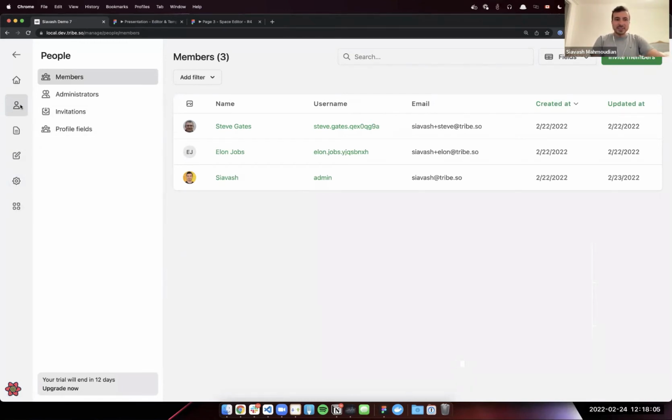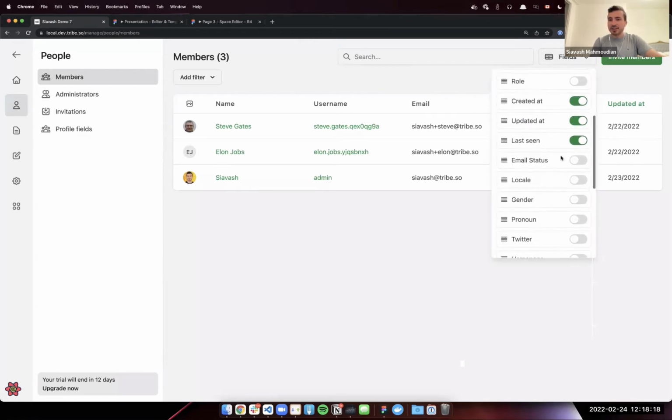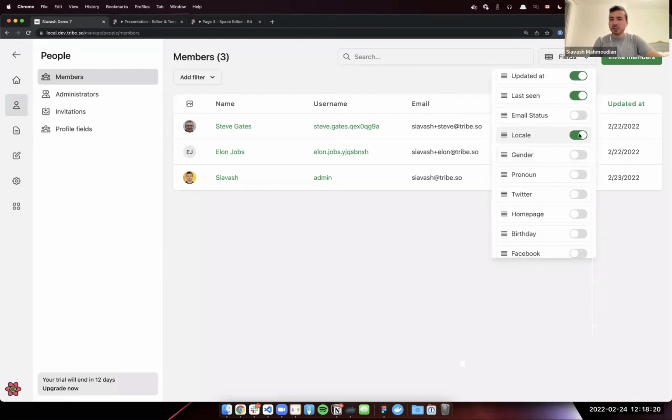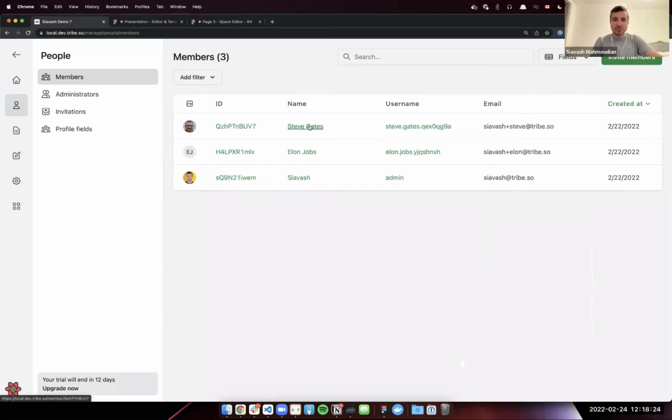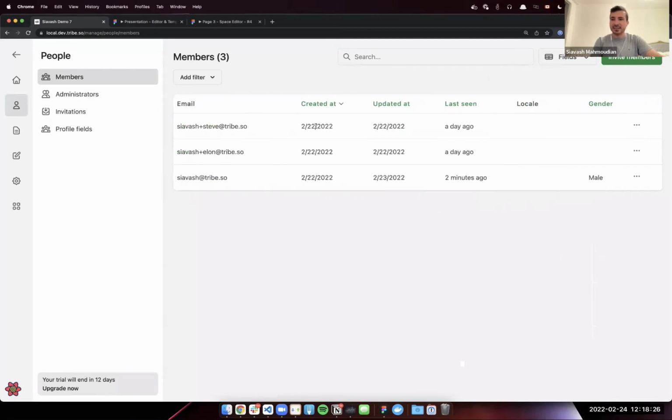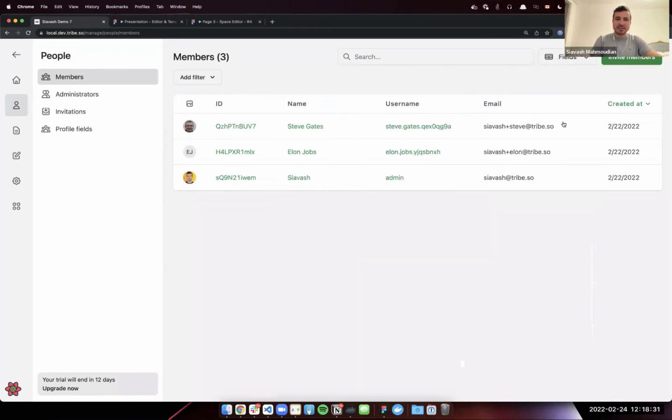So in the first item under people, here we have members, and in here you see all your members. You can easily search for all of them. You can invite new members right from here, and you can pick what fields you want to show next to each of these. So if you want the ID, I can show you the ID, and in here I added that I want to see the locale and also the gender of my members.